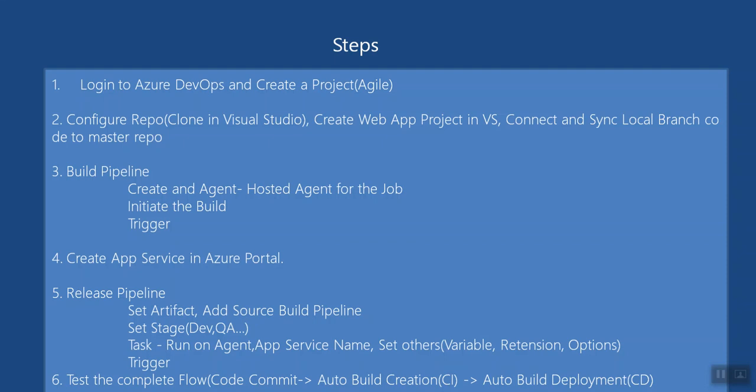Once that is done, then only the trigger will happen. So we can check that as well. There will be various options in the build definition, build pipeline, where either you initiate a build when a developer does a commit, or once the pull request is approved.